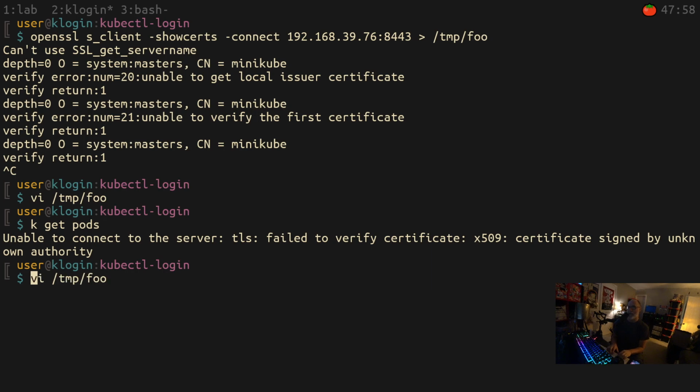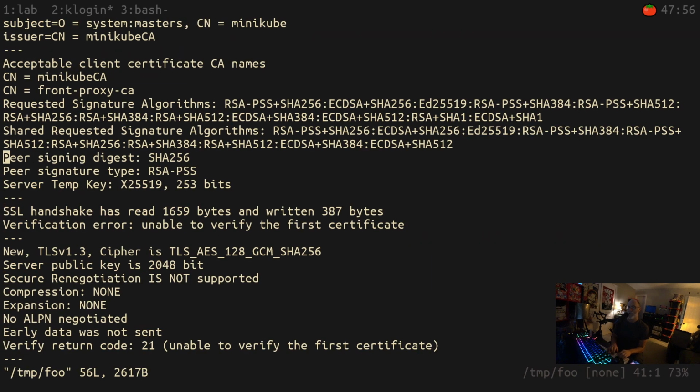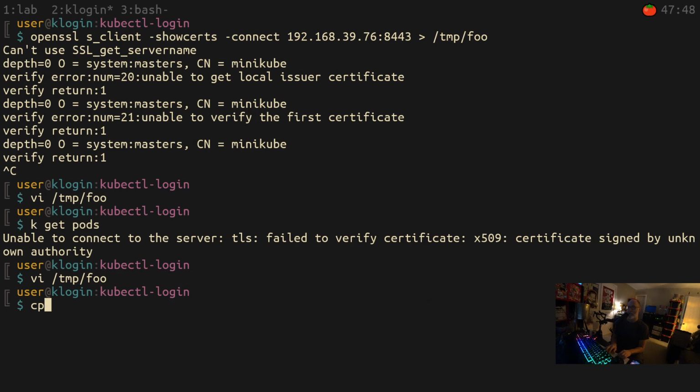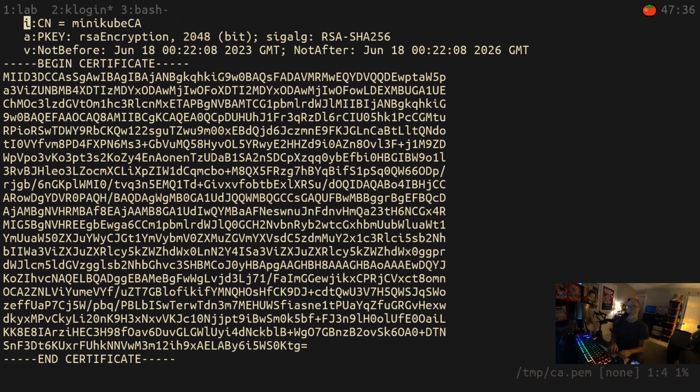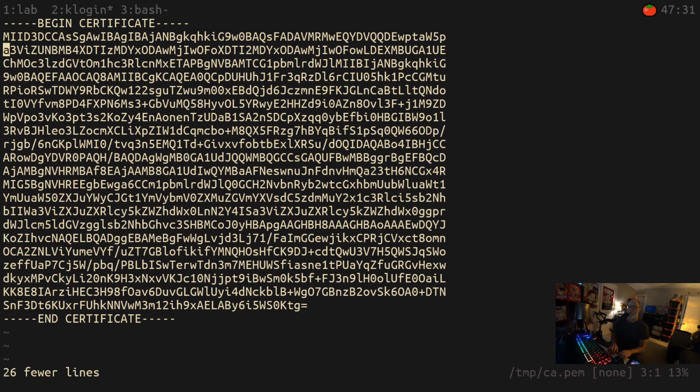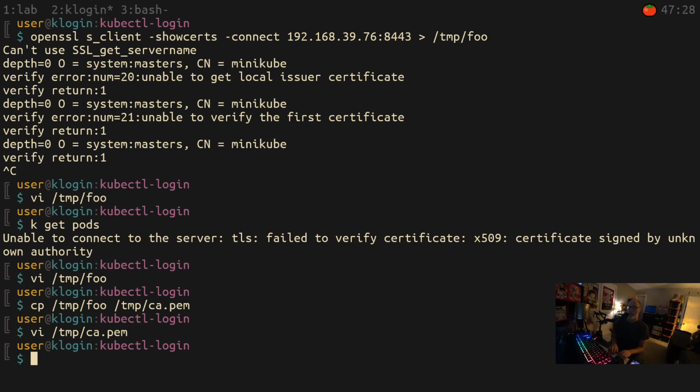Now, if I put this PEM file, if I copy that, copy temp foo to temp ca.pem. If I copy this certificate in here and I add it, it should work, because that was a CA. Okay, so we can do this. You can do this from the command line, but we're going to do